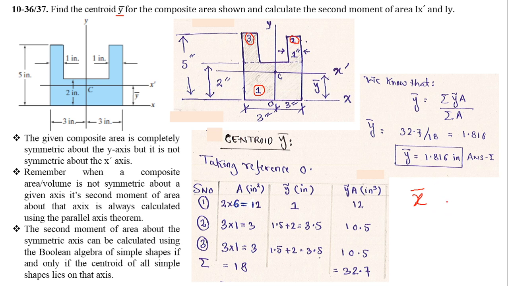We have already mentioned that if a given shape or a given volume has an axis of symmetry defined, then the centroid, center of mass and center of gravity will always lie on that axis. So it was only necessary for us to calculate the y coordinate of the centroid of this entire cross section. This is the information that you have already performed in chapter number 9. It was part of this question, and it was necessary as well, because without having the value of this centroid, you cannot calculate Ix dash and Iy dash.